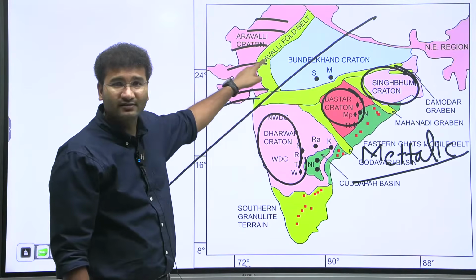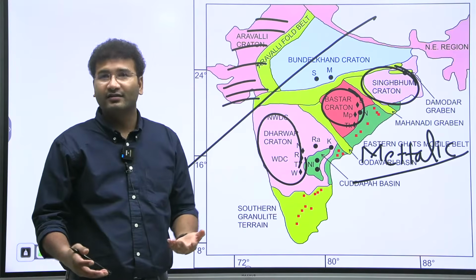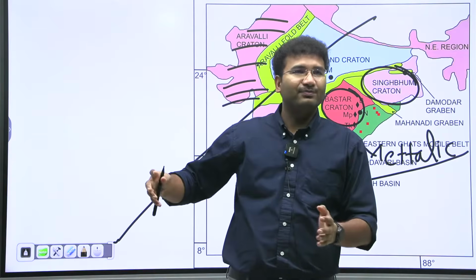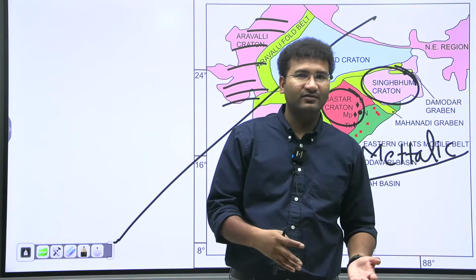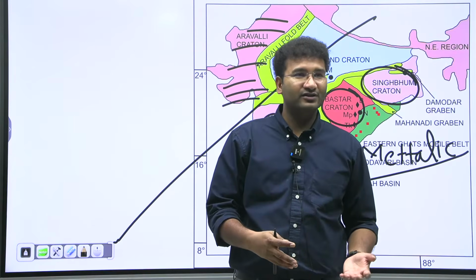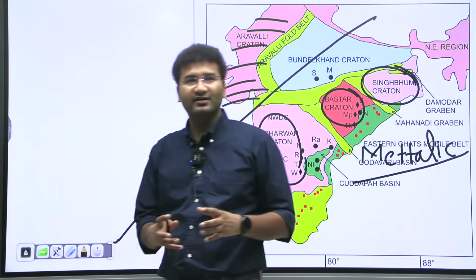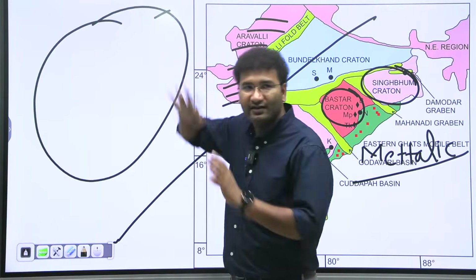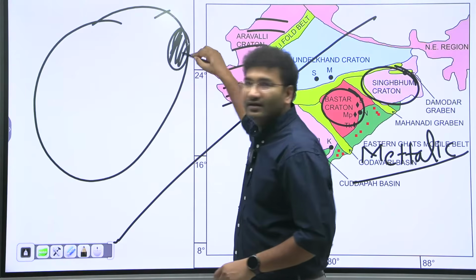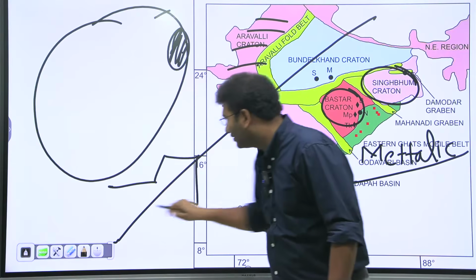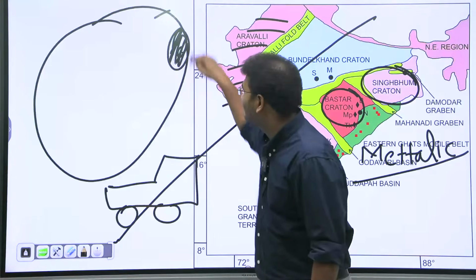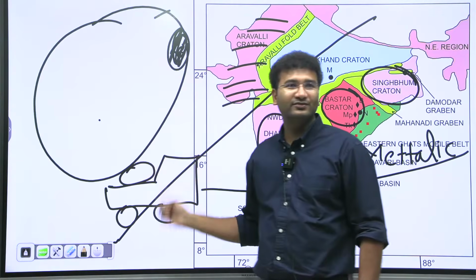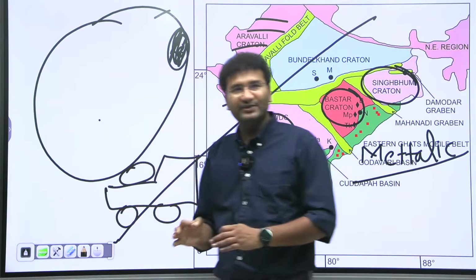Do you have iron ore plants here? No. To set up an iron ore plant, what do you need? You need 4 major raw materials. It's a heavy industry. You cannot set up an industry near the market. Why? Transportation cost will be very high. You have to set up the iron ore industry near the raw material because the raw material will be of this size. From that you remove impurities and the final iron will be of this size. It is easy to transport this product to the market. Or else if you transport this entire heavy material, how much fuel are you going to burn? So iron plants need to be set up next to the raw materials.